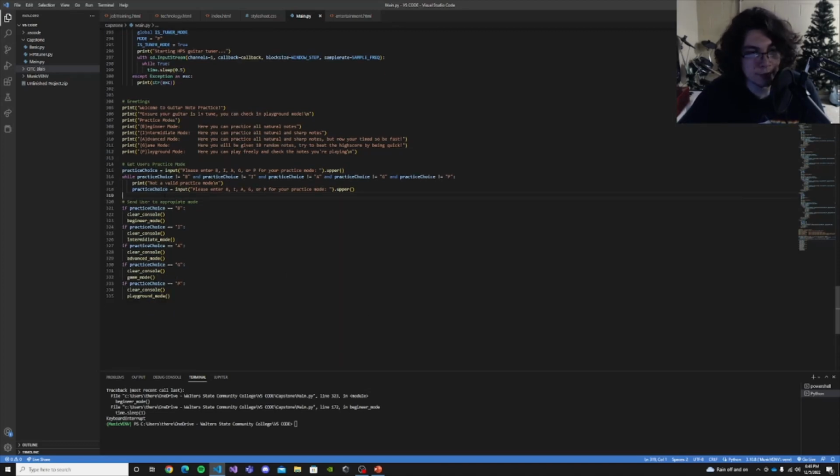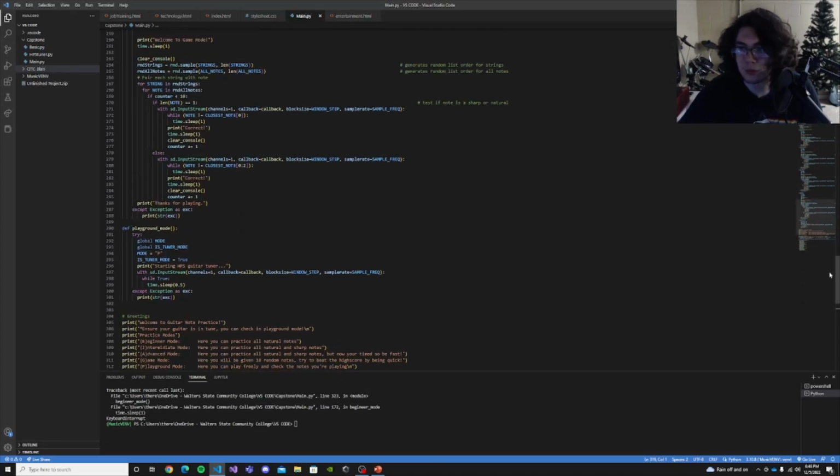Down below here, when they do enter some invalid input, it's going to send them to the correct place. So we will clear the console, which is a function I created, and I'll explain that in a minute, and then we'll send them to beginner mode, and I'll explain that as well. So if we scroll back up,